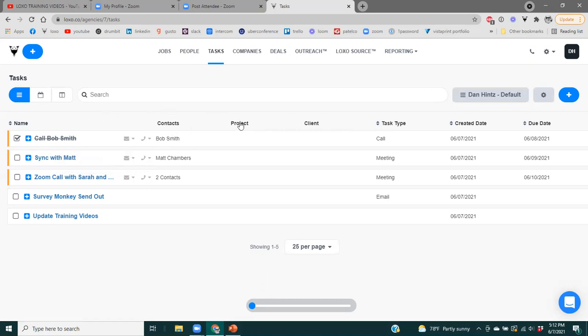Now, to the right of that, you've got project. If you want, for each task as you create it, you can indicate if there's a project that this is associated with, and also who the client, if there's a client, if this is with regard to a client. And then to the right of that, you've also got the ability, when you add a task, which I'll show you in a few seconds here, to indicate what type of task is it, i.e. is it a reminder to yourself to call someone, like call Bob Smith,